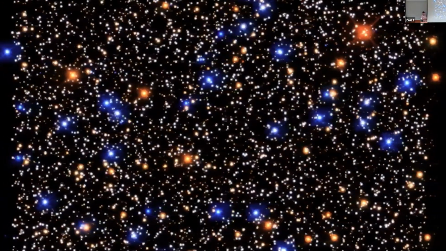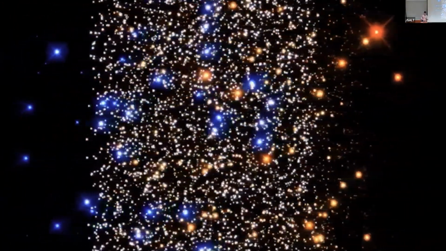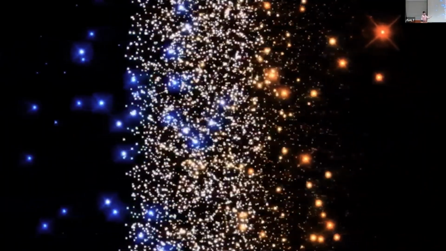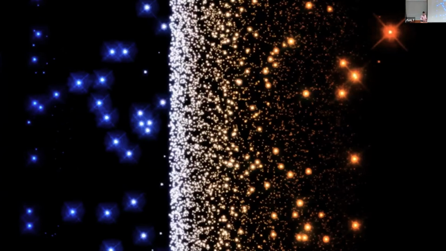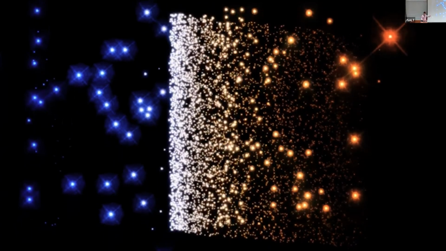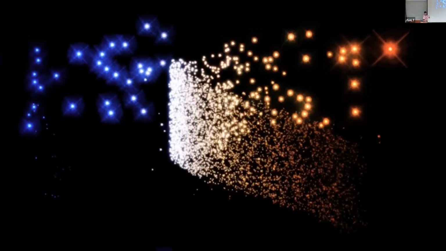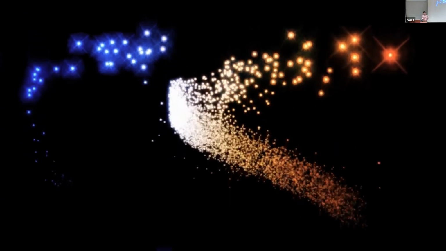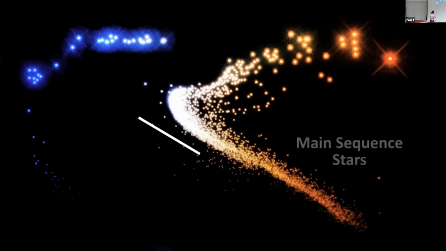And so if you now rearrange all these stars by their colors, you can quantify the color by just thinking about the difference in how much light is in a blue channel versus in a red channel. So that's a quantitative color. Astronomers use that a lot. And then you also order them by their luminosity. Or really, in this case, it's their flux. But since they're all at the same distance, the flux and the luminosity are comparable, and you end up with this characteristic shape. So this is the HR diagram in a space of luminosity versus color.